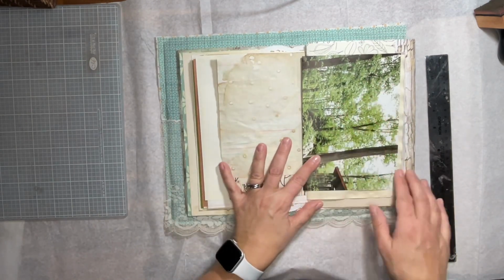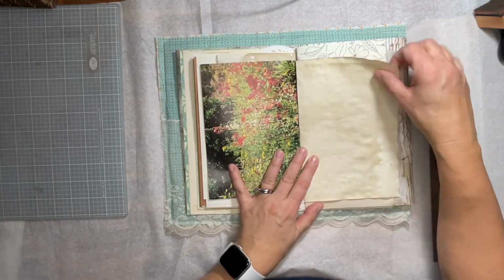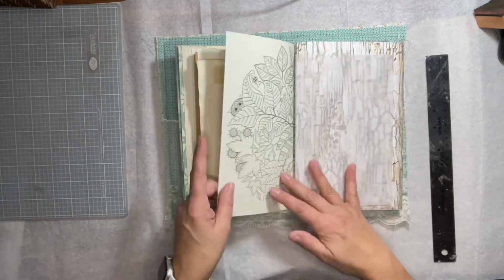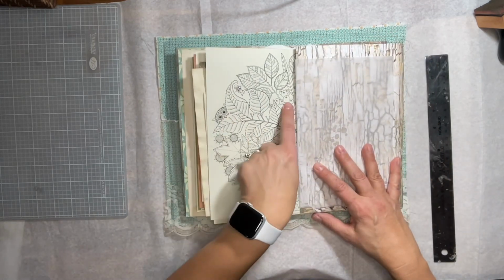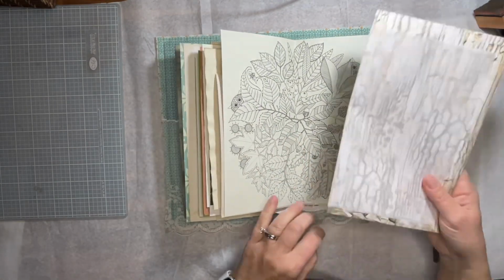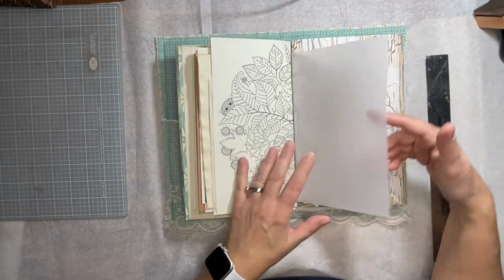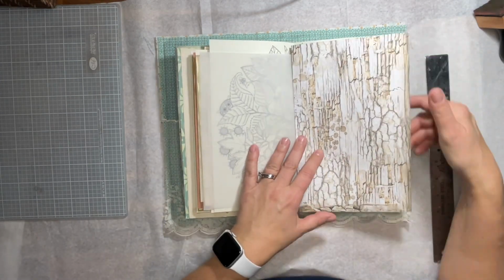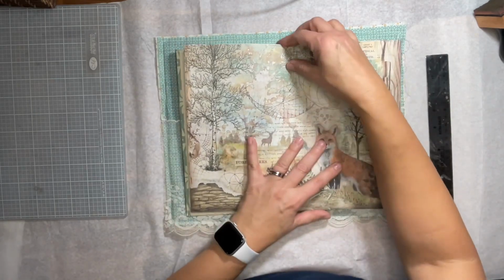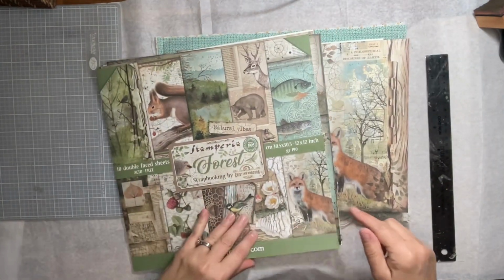A beautiful magazine page that adds some nice color. And another coloring book page. And this one has little owls, and I thought this would be cute, like even in the journal you could color it. I was going to do it as the center of the signature, but no, I didn't. A piece of vellum, and then this is the other piece of the Stamperia paper. I wanted that for the center, and I do believe I will do, I'm not sure which one yet,